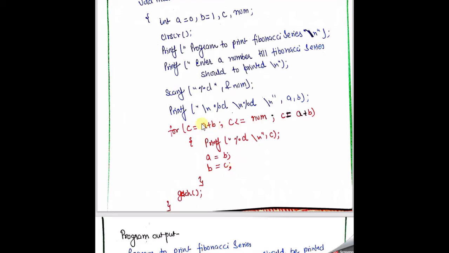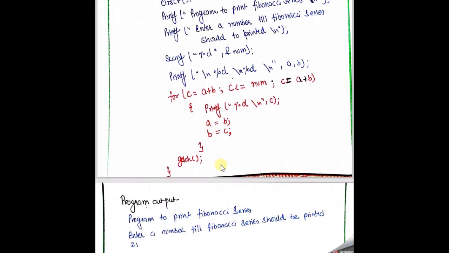first of all we need to print that calculated value, and again we need to swap the two values, because for the third we need to perform the addition over the first and second, for the fourth we need to perform it over the second and third. And I am swapping the value of A by B and B by C, because I already told you in the case of the while loop.